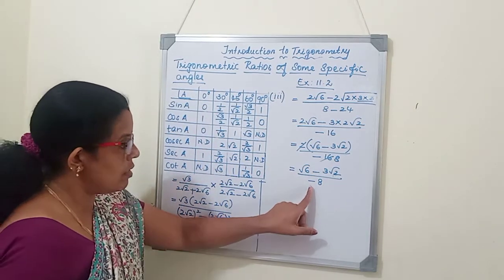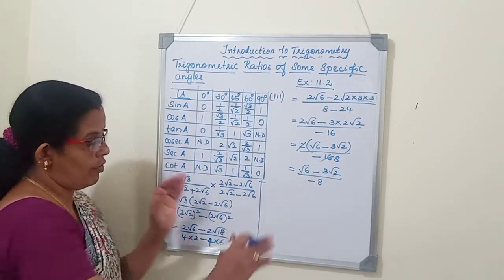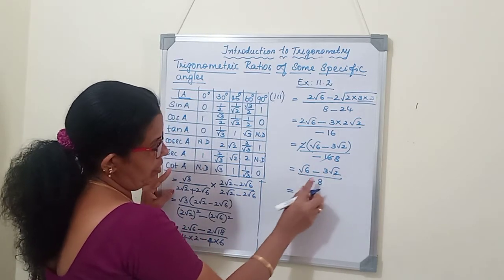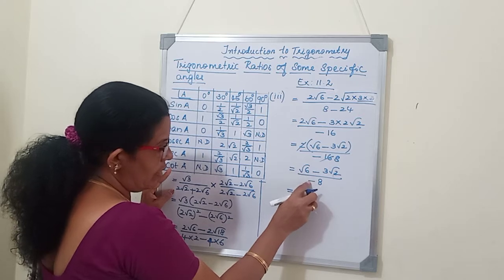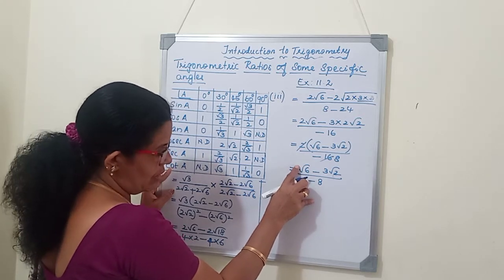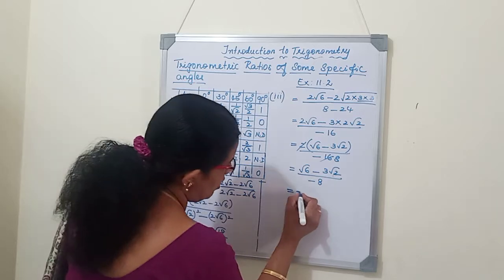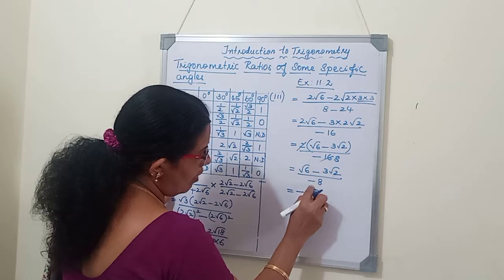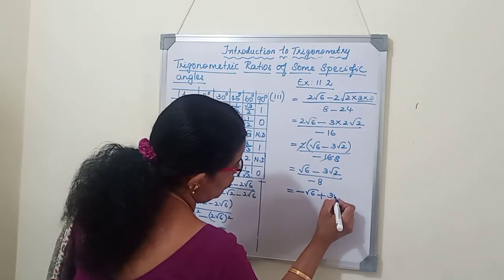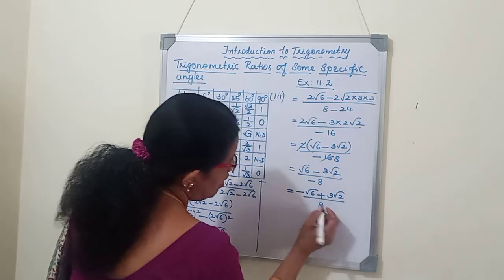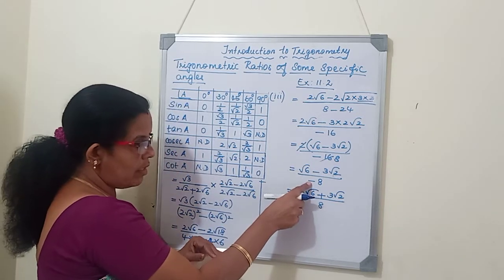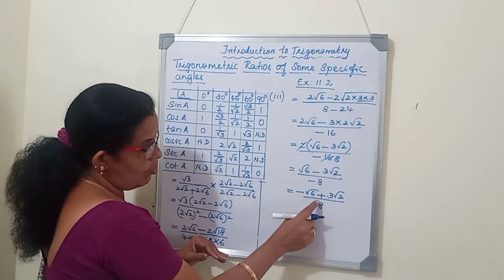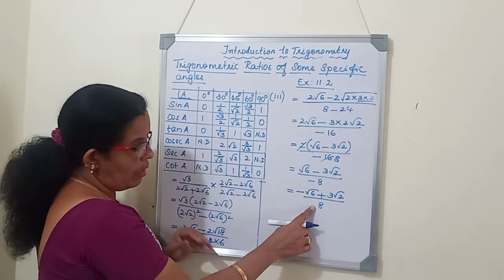If you want to change the denominator sign, that is the negative sign, if you don't want it, we can give it to the numerator, we will distribute this sign to both the numbers. That is, each term we will divide by this minus sign. So plus root 6 into minus is minus root 6, minus divided by minus is plus 3 root 2 divided by 8. What I did is just give this minus sign to these two terms, distributed minus into plus, minus into minus is plus, so that the denominator will become positive.